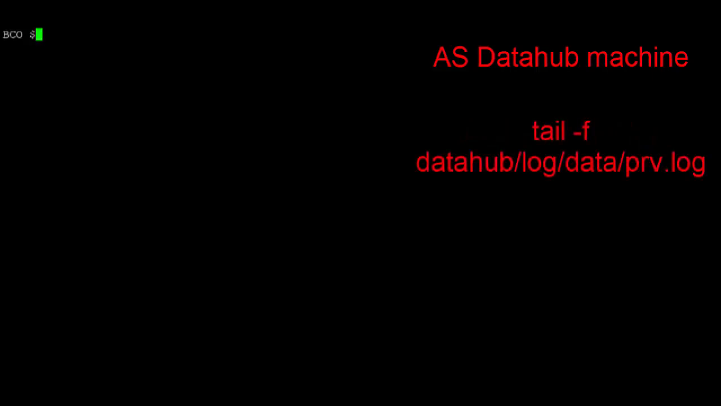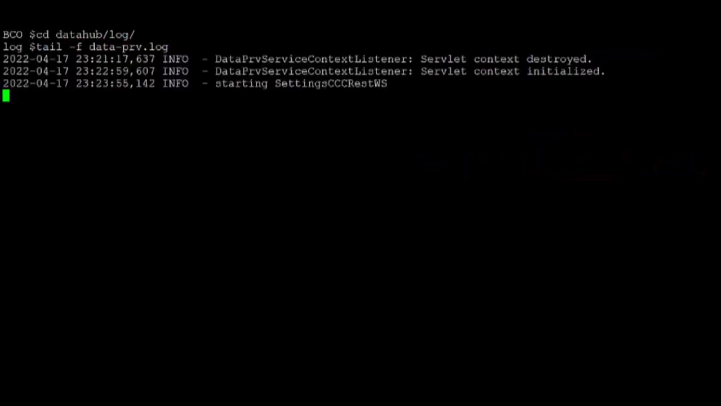Another useful tip to understand what's going on is to verify the data hub log, the dataprv.log file, which will be in the TSCO home directory, cd datahub, log, and from here we can give tail -f dataprv.log file. If you don't see any issues in the dataprv log, then it means the data hub is fine and probably